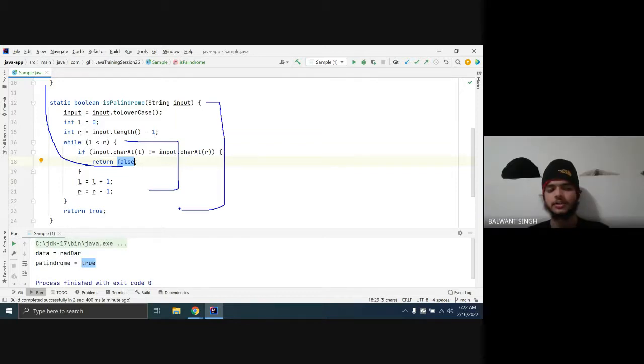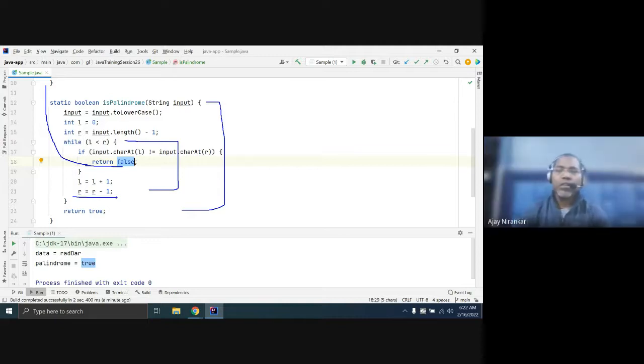Suppose we write the return in line 22, after line 21, means yes, then it would just check our first and last character and return directly true. It would not check the inside. The loop will run just one time and we will come out of the method.